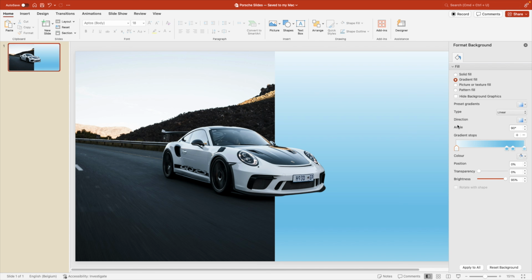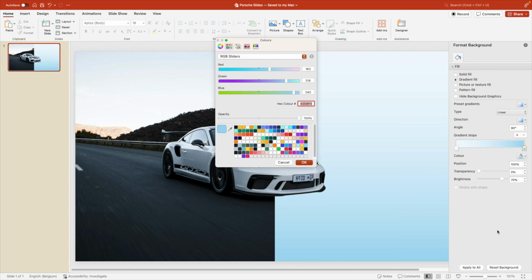Now we want to right click the background, and we're going to change the colors, and we're going to choose gradient fill. Now we want to change the colors so they match the picture. So we're going to delete 1 or 2 stops. For the darkest point, we're going to use the color picker, so more options, color picker, and we're going to